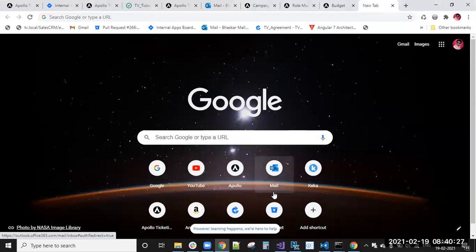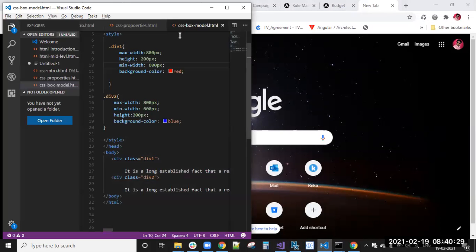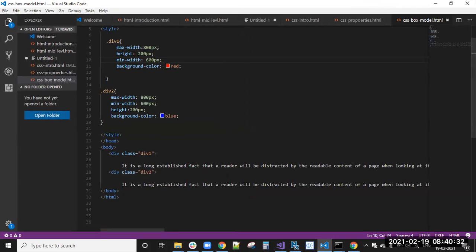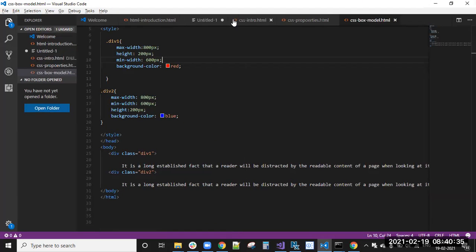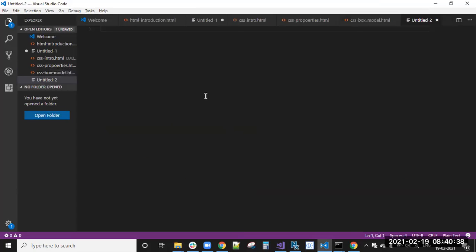So instead of creating the new file in the same way, the syntax is similar, right? HTML slash HTML, get tag. One more important thing is